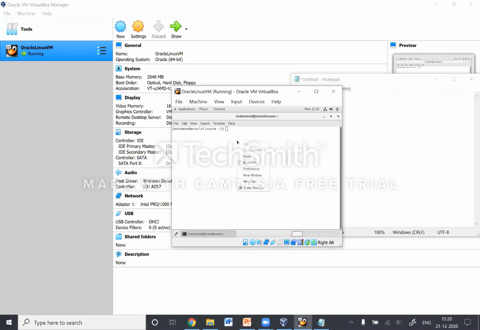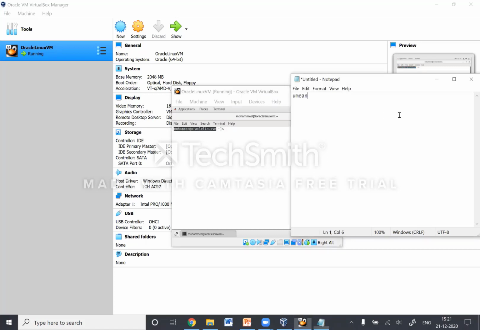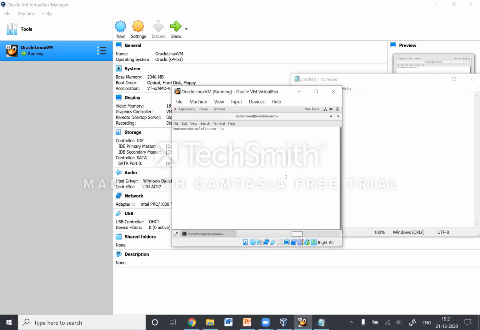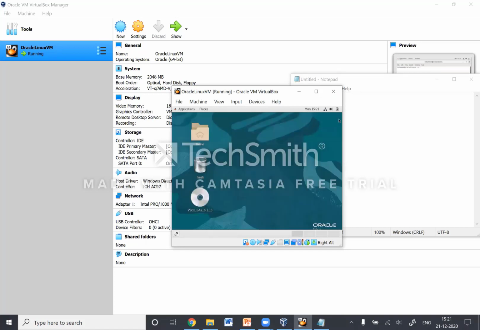I'll come to my VM and I'll right click and paste. So see, it's working fine. Now I'll copy this text from here and I'll try to paste it over here. It's working fine. So our guest edition is installed and it's working fine now. That's it for this session. Thank you.